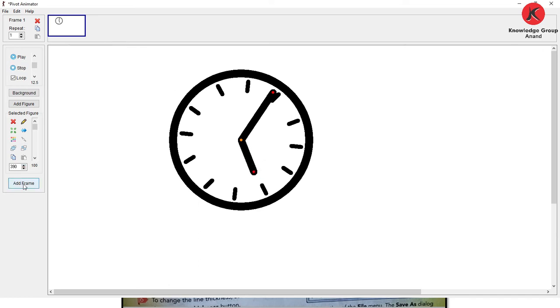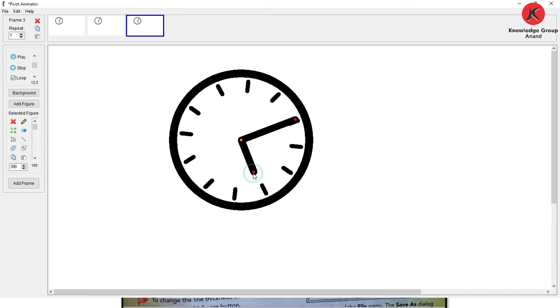Now add another frame, frame 2. Add here, add frame 2, and in this your next will be here, and it can be slightly changed. Next after this add figure, select it and change it to here.